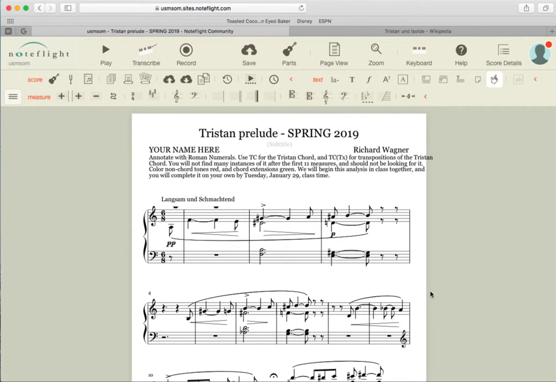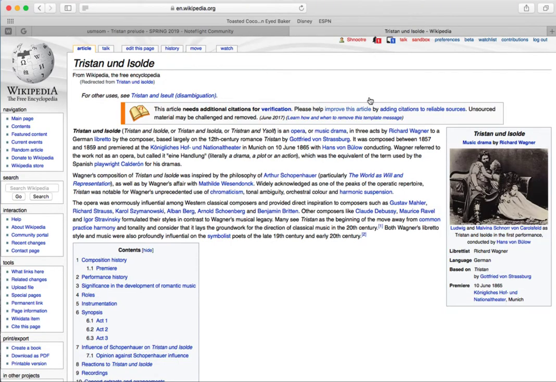of the reasons why, as we begin to think about analyzing this piece of music, this chord right here in the second full measure is probably the most famous chord in all of Western classical music. I know that's sort of an extreme statement, but if you were to go to Wikipedia, if we got off of the Tristan page and I looked up Tristan chord,